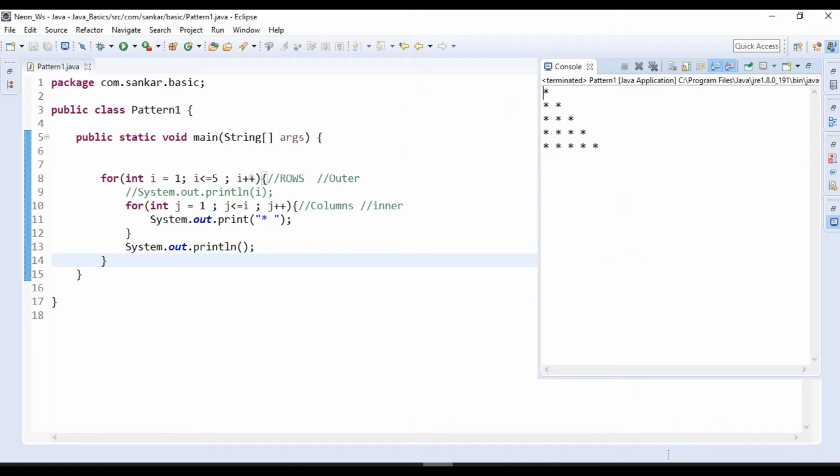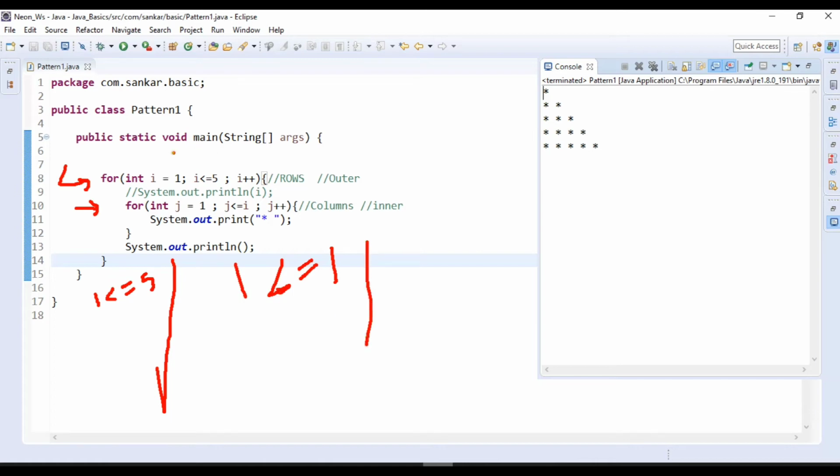Let me conclude one thing. I will tell one thing again. For example, first the control comes to the outer for loop, right? So int i is equal to 1, i less than or equal to 5, means first it checks i: 1 less than or equal to 5, whether it is satisfied or not. If it is satisfied, it will go for the inner for loop. Here again we are writing int j is equal to 1. Here it is checking the j value. What is the j value? j value is 1. What is the i value? i value is also 1. 1 less than or equal to 1, whether it is satisfied or not. It is satisfied, then it will go inside the for loop.